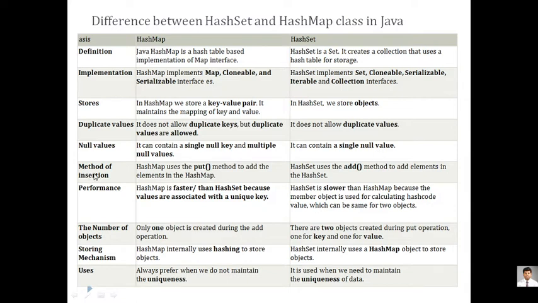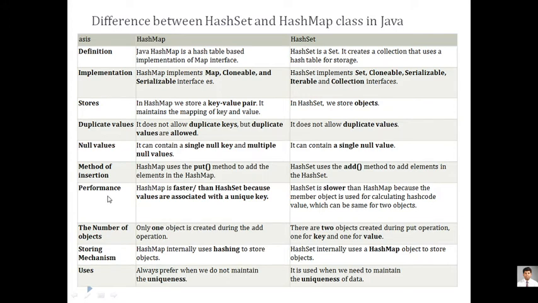Now, as far as adding an element is concerned, whenever we want to add any element, so in mapping, we are using put function to add an element. Here in set, we are using add function for adding an element. So this is again a major difference between put and add. If we are talking about map, automatically we have to switch to the put function. If you are using set or any collection, we are using add function.